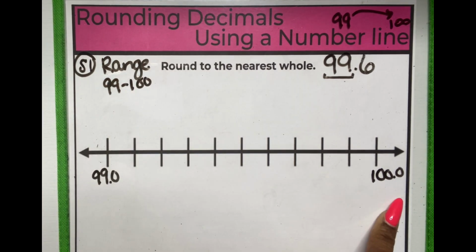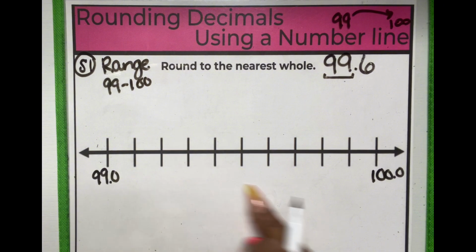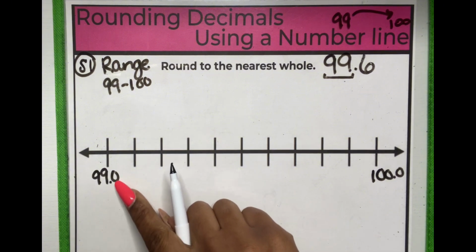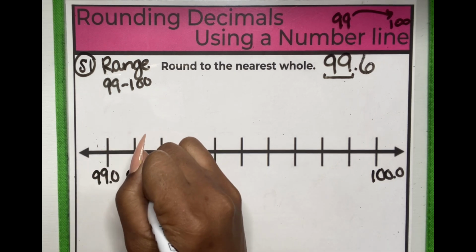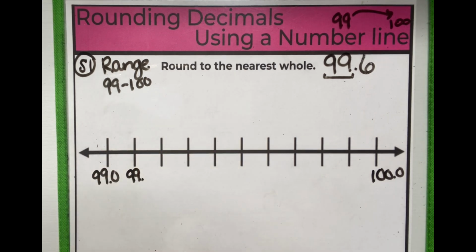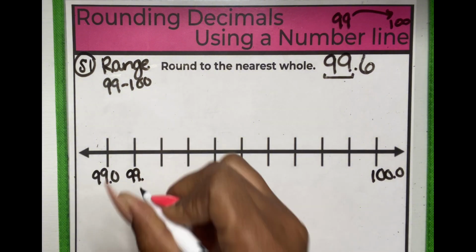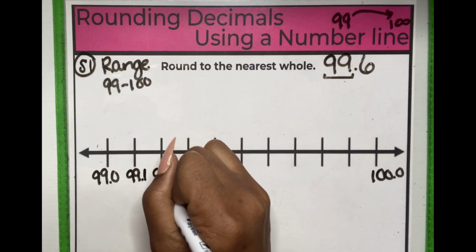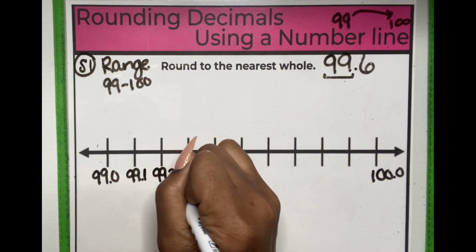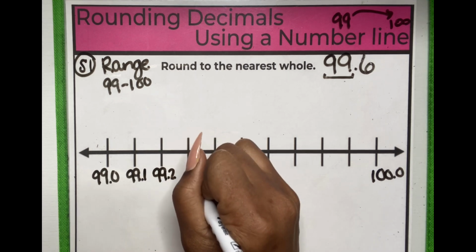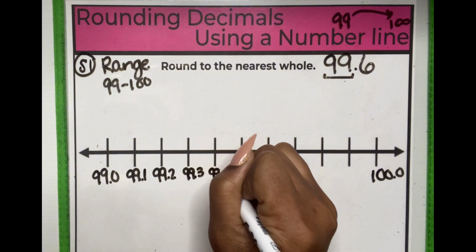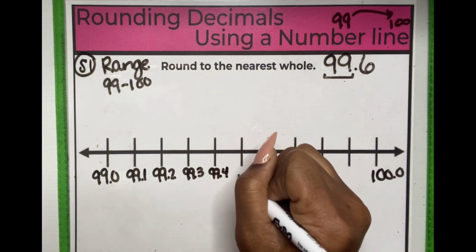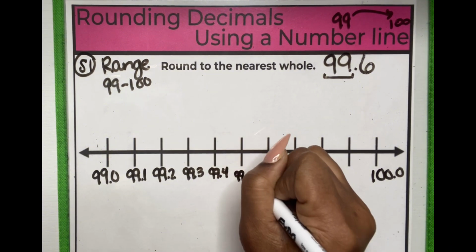Now we have our end marks. Let's go ahead and finish creating the number line. If this is 99.0, then this is 99 point what? Hopefully you said 1. Or 99 and 1/10, 99 and 2/10, 3/10, 4/10, 5/10,